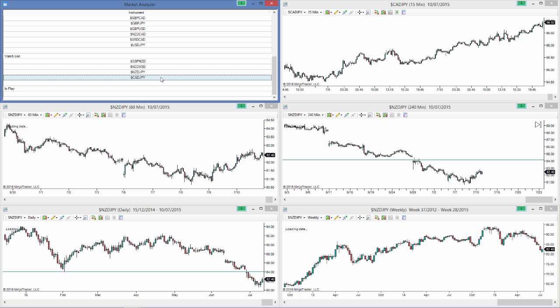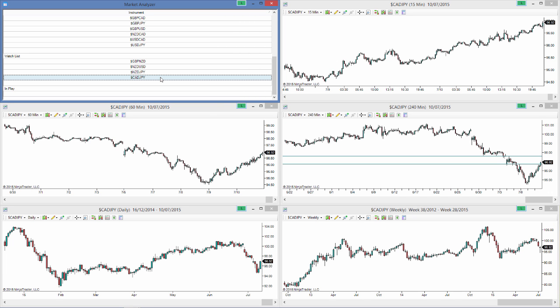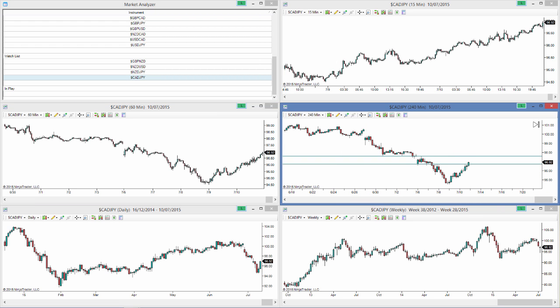Then finally, we have the CAD yen. Now the CAD yen, as you can see here, is already pulled back. So this one's almost ready to go. If we get the price action that we're looking for here on the 4-hour chart, we'll be taking it from this level here. If it continues to move higher, then the level we'll be looking to be our last barrier